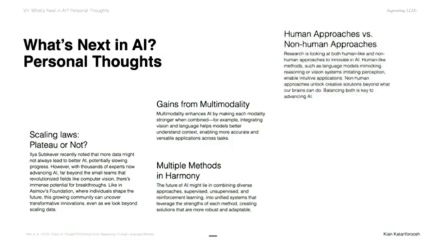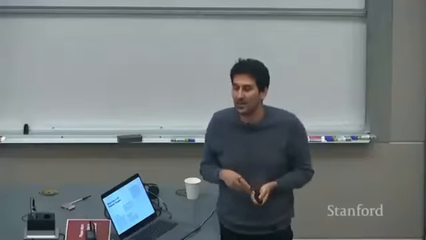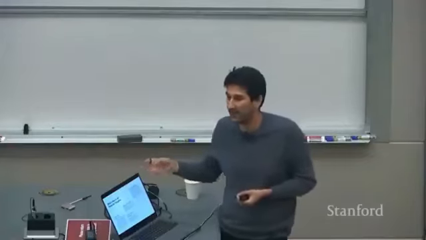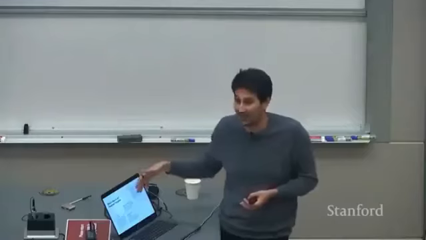Finally, and this is especially true at Stanford, you have research going on that you would consider human-centric, and some research that is non-human-centric. By human-centric, I should say human approaches that are modeled after the brain, and approaches that are not modeled after humans, because it turns out that the human body is very limiting. And so if you actually only do research on what the human brain looks like, you're probably missing out on compute and energy and stuff like that you can optimize even beyond neuronal connections in the brain. But you still can learn a lot from the human brain, and that's why there are professors that are running labs right now